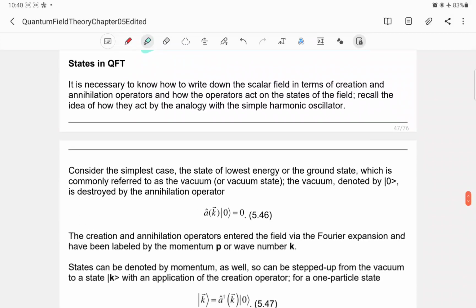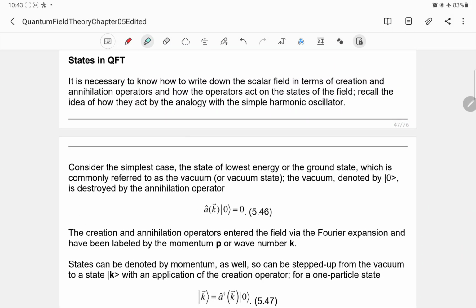So we'll now go to the states in quantum field theory. Now that we know how to write down the scalar field in terms of creation and annihilation operators, we are now ready to see how the operators act on the states of the field. And recall the idea of how they act by analogy with the simple harmonic oscillator we discussed in the first part of this lecture. Now let's consider the simplest case, the state of the lowest energy, or the ground state, or the vacuum state in quantum field theory,